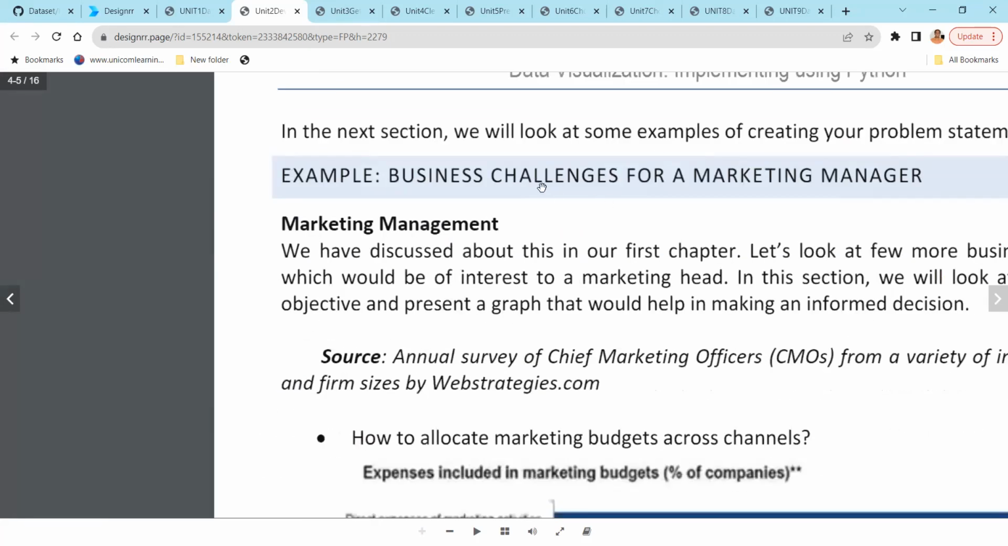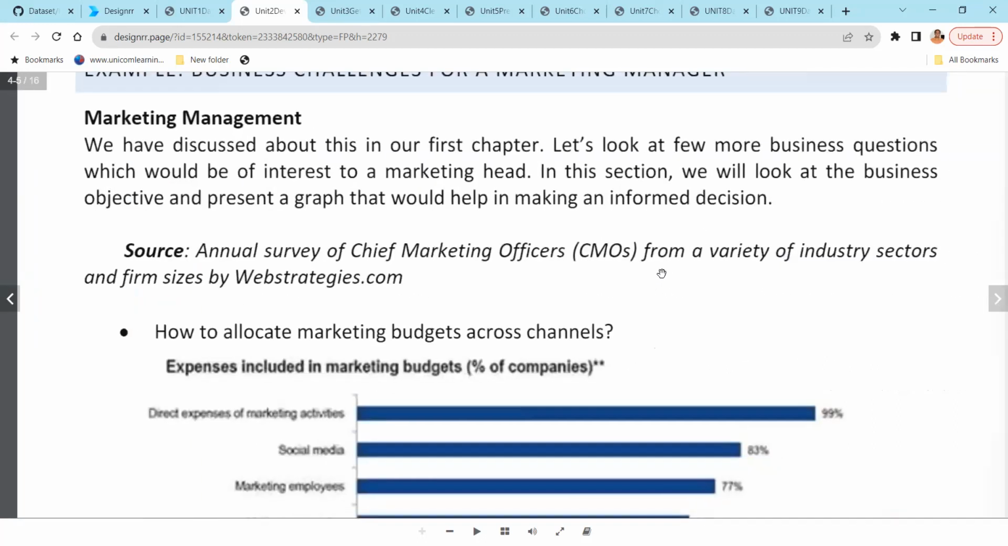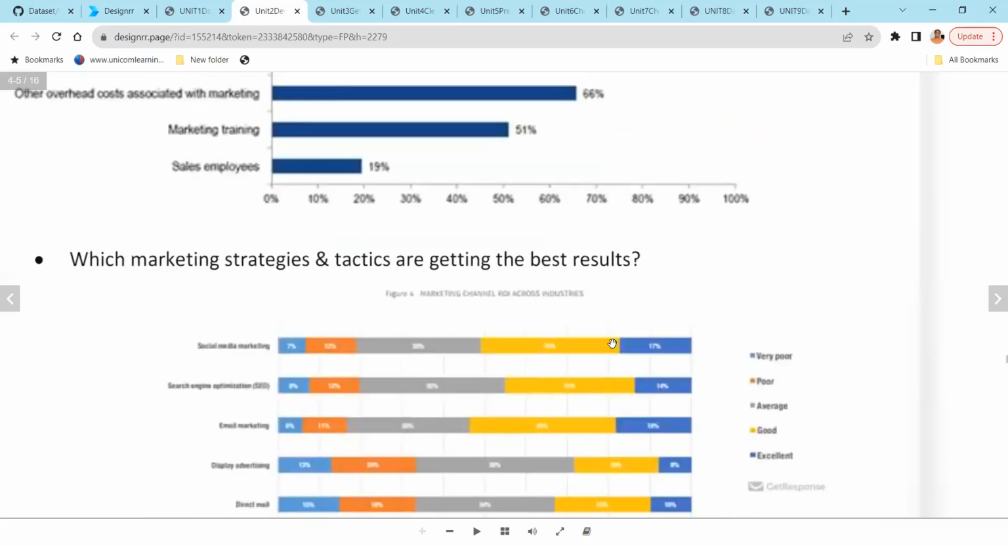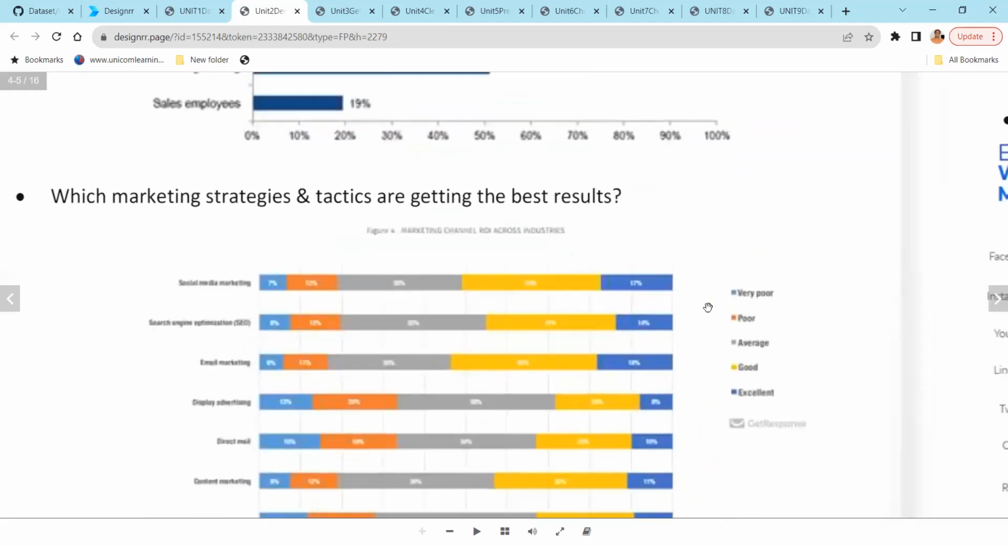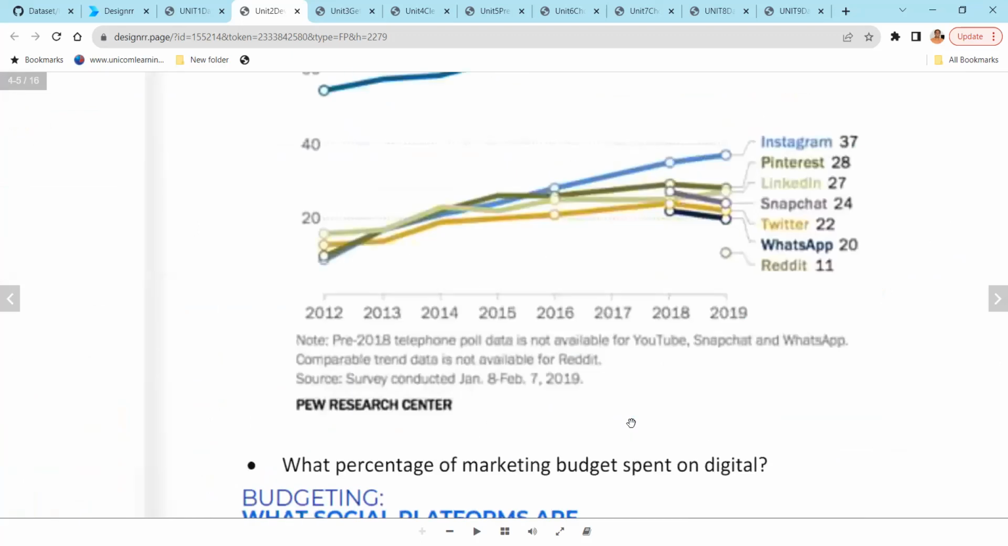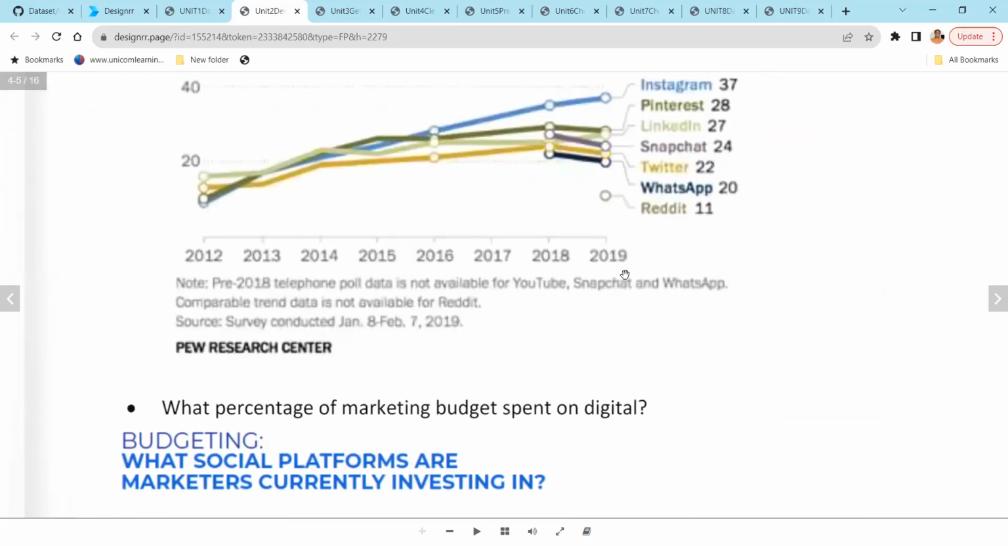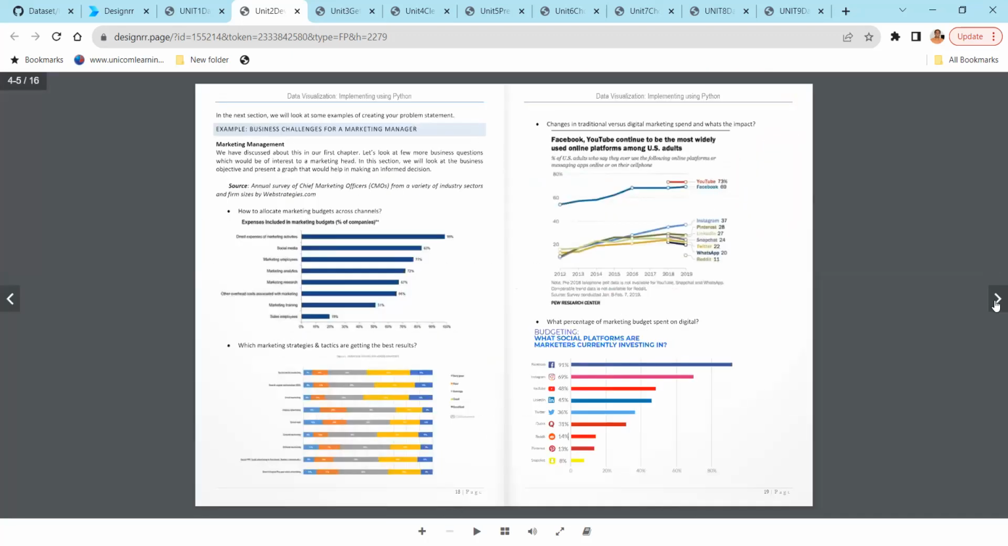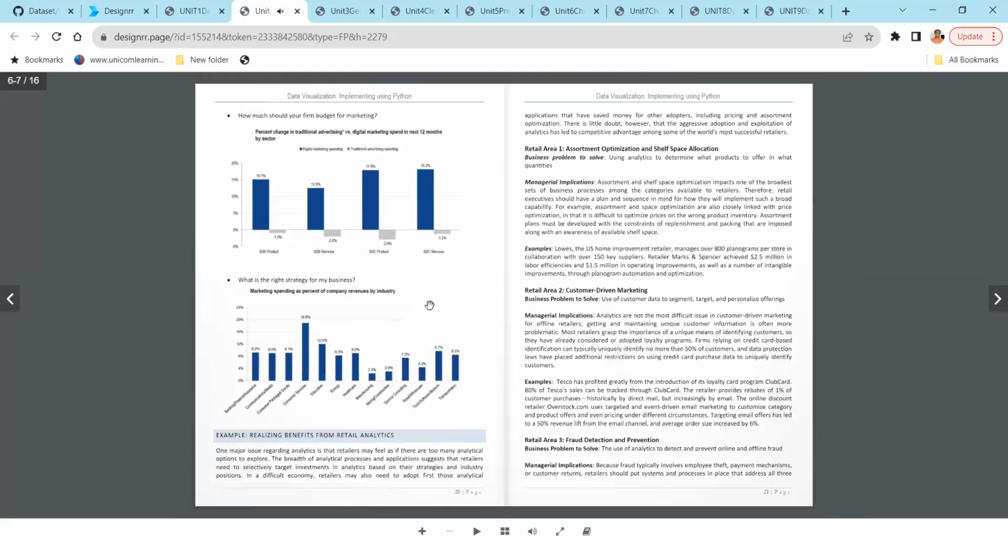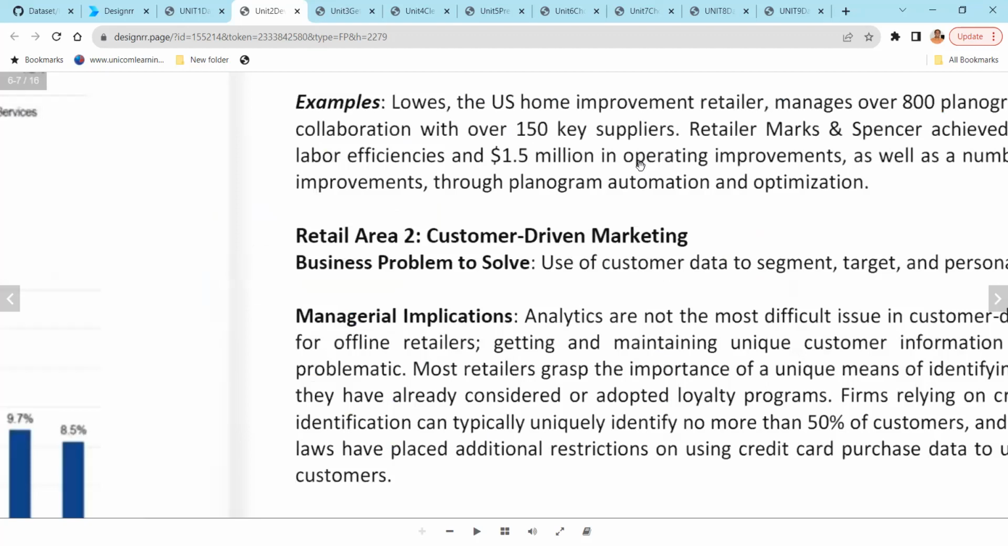Okay, so business challenges for a marketing manager. If you read through this, it'll tell you what challenges they have and what problems they face while working on this. Ultimately, it is your business objective that will decide what you want to do. There are some areas, some questions